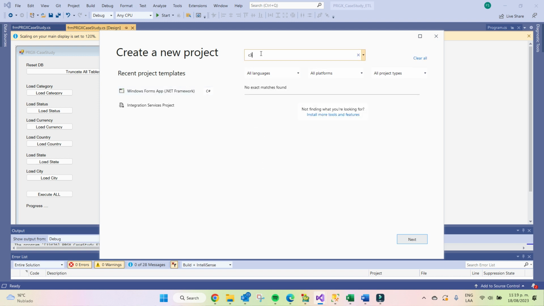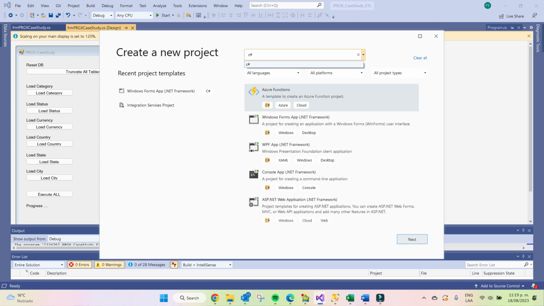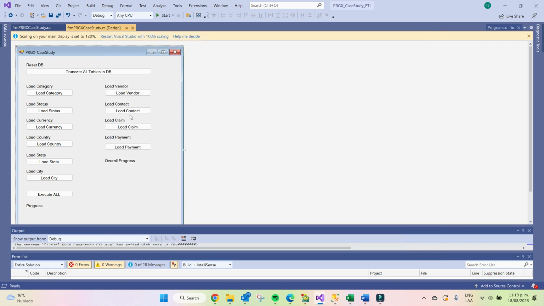We're going to create a project of the type Windows Forms App .NET, this one. And we have now this form. In this form, we have several buttons. We use each of these buttons in order to load the different catalogs and entities. I'm going to show you,